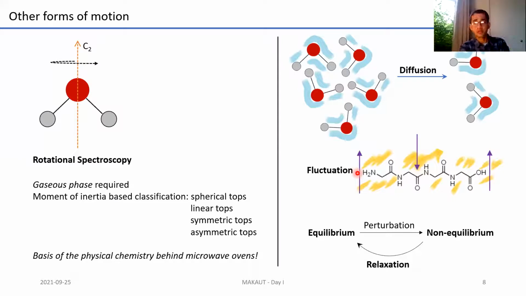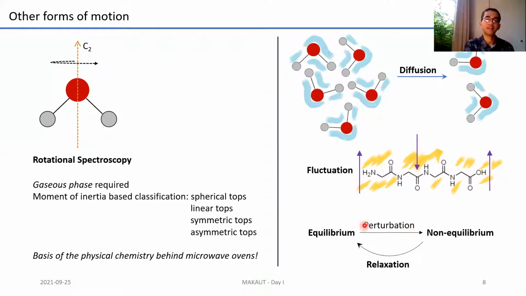Another thing, for example, is fluctuation. For example, when you have a protein, for those of you who come from a biology or biophysics chemistry background, proteins have long backbones, which are known as peptides. These have amino acids that I've tried to show here. So these are amide linkages, right? So the CO and NH linkage. And this is not exactly static as is shown here, right? The bonds have a certain degree of freedom associated with them, so they can fluctuate. This kind of fluctuation can also be followed using spectroscopy techniques. I might be coming to them a bit later, maybe tomorrow.